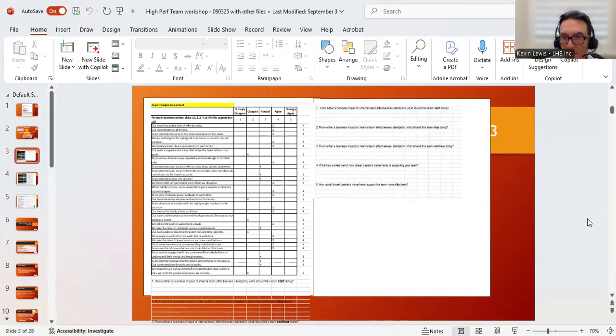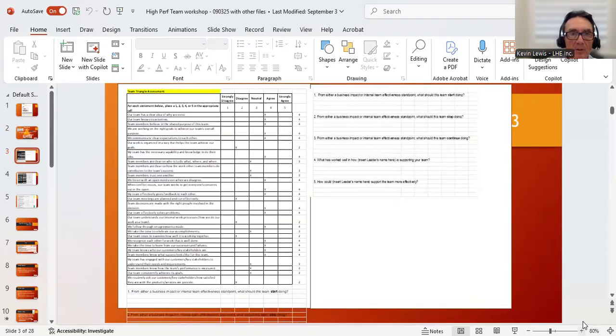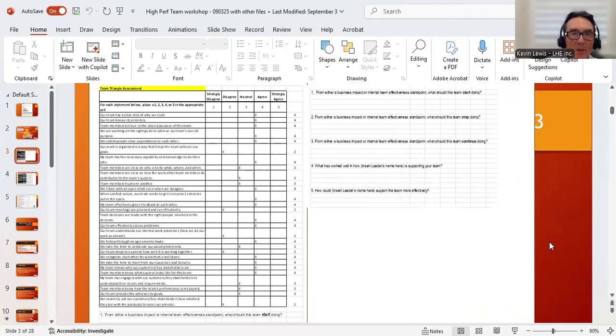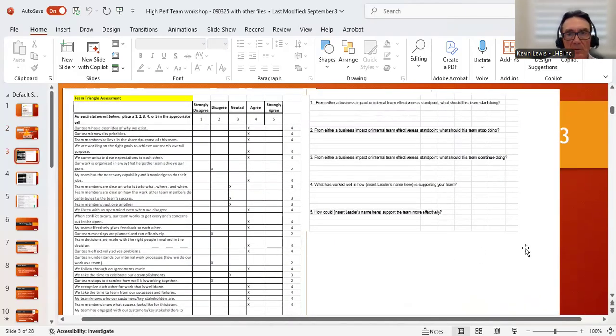Now there's an assessment that you send everybody before the workshop, and that's discussed in the Word document that I showed you. Basically it's a spreadsheet. It has 28 or 29 items, on a Likert scale, that people will strongly agree or strongly disagree with. For example, the statement, our team knows its priorities. If they agreed, they would put a 4. Sometimes they put an X there, and I just carry it over to the column here. So it's got these Likert scale statements.